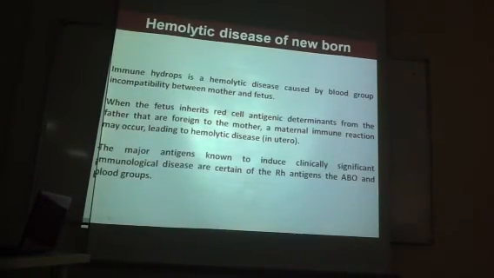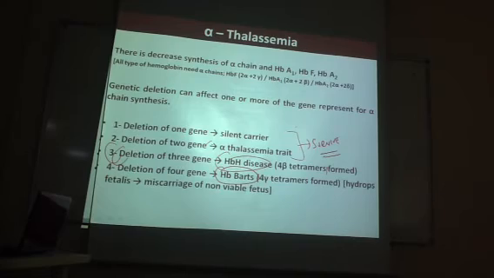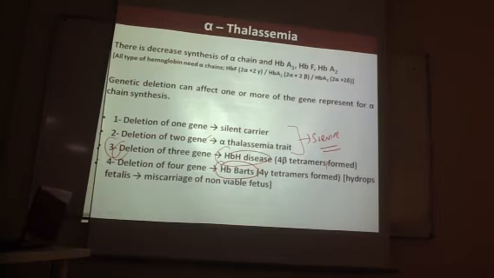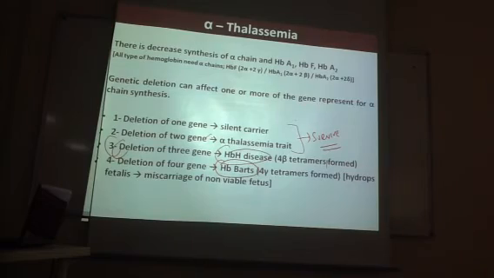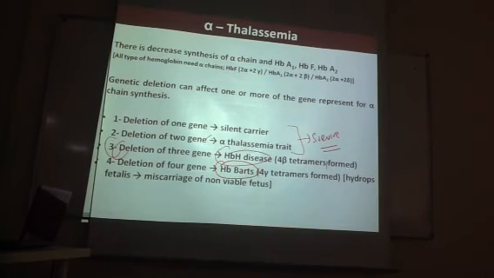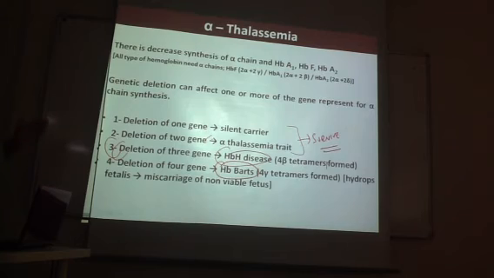Understand? But they will be as a carrier. Doctor, again please, last point. See, we have 4 genes. Because I think it's very basic, you should know that each chain has 2 genes. 2 alpha chains have 4 genes. If all 4 genes go for mutation, there is no alpha chain, and they will produce severe form of disease. Okay, they cannot survive. And even if 3 genes go for mutation, they will not survive. Only if there are 2 gene mutations, where 2 genes can produce alpha, which means 50% of hemoglobin is produced, so they can survive, and they will be a carrier.